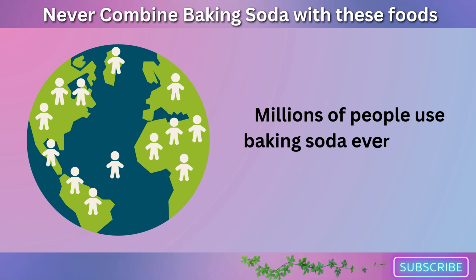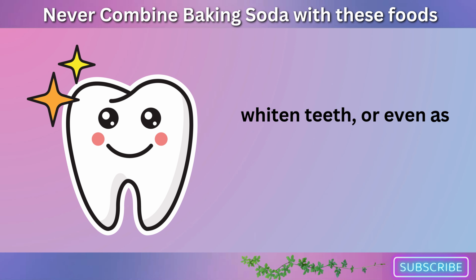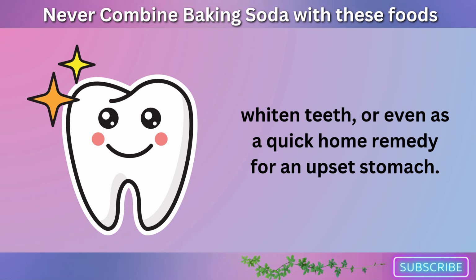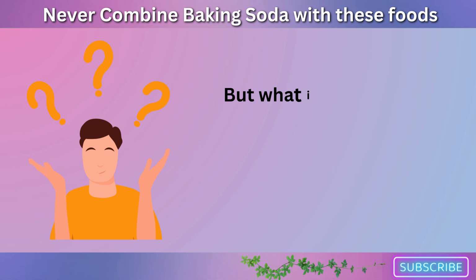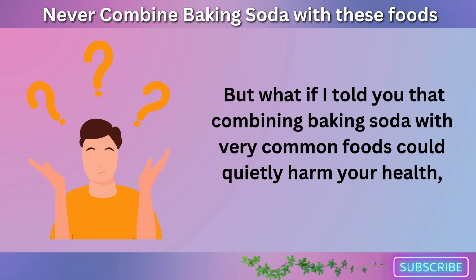Millions of people use baking soda every single day to settle heartburn, whiten teeth, or even as a quick home remedy for an upset stomach. But what if I told you that combining baking soda with very common foods could quietly harm your health, especially